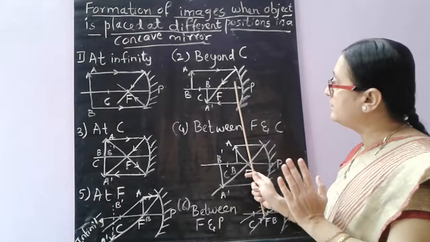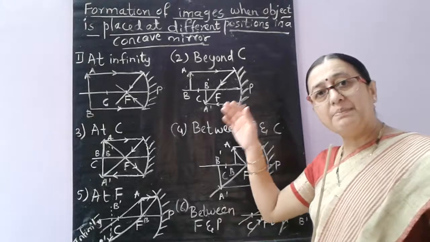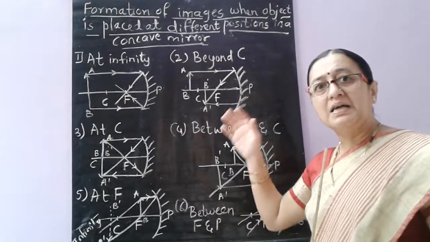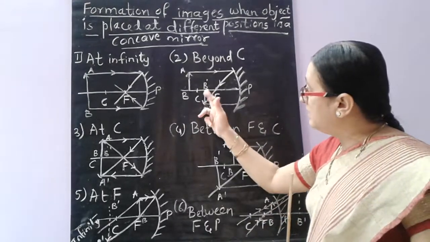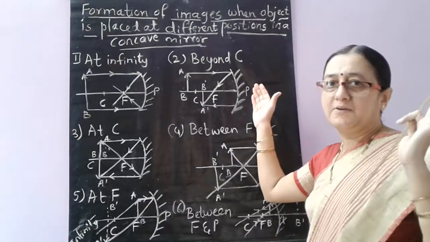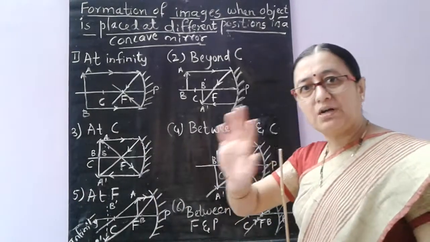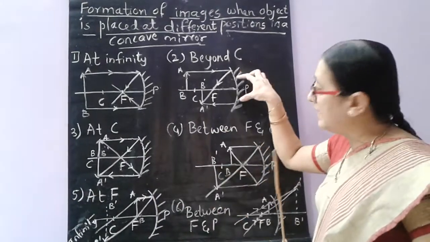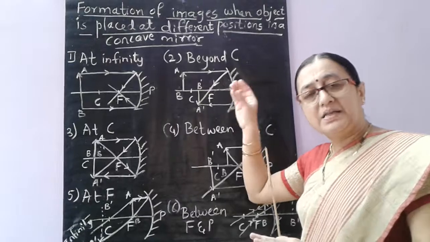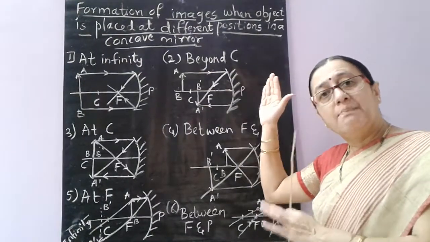Actually all the images we see in the mirror, we can't see them in front, but in the mirror. Whatever images we are seeing, actually they are formed in these places, but we can see their reflection in the mirror. Don't think that the image is coming forward. No, the image is not coming forward. The image is inside the mirror only we can see. But the actual image is formed here. Its reflection we are seeing in the mirror.